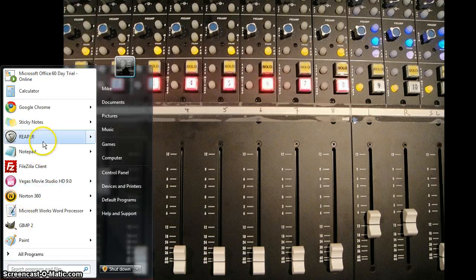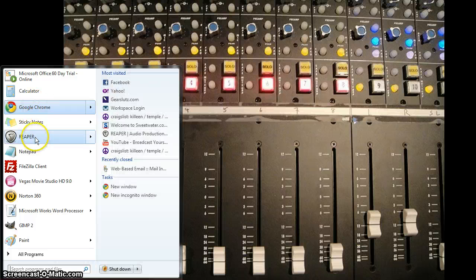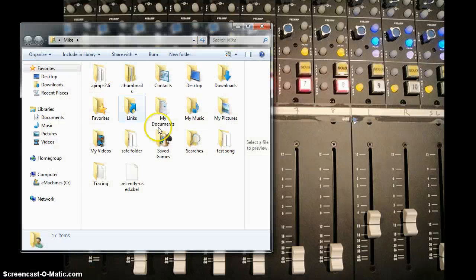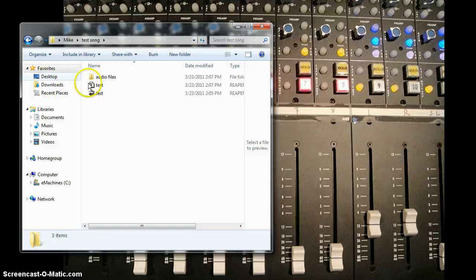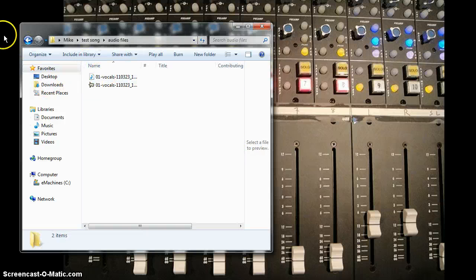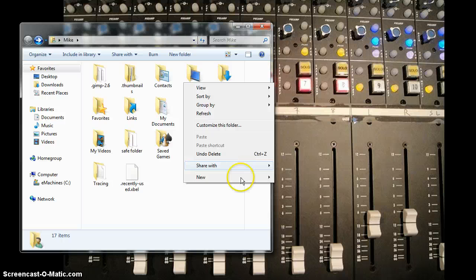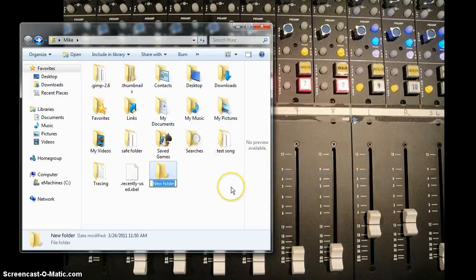Okay, so understanding saving sessions, we're going to go ahead and set up a folder. We have a save folder here that we made in our first tutorial, and then we have our test song that we made, with our test song session and that one little file. Now I'm going to think ahead of the game and put a folder right here, because I know I'm going to start this session with EzDrummer. So I'm just going to call it